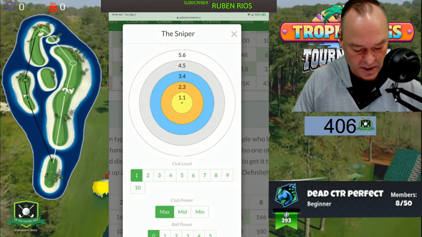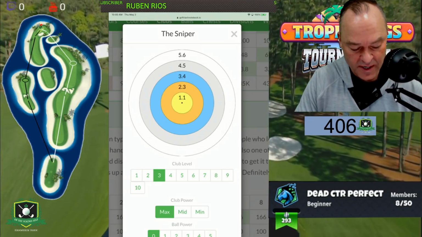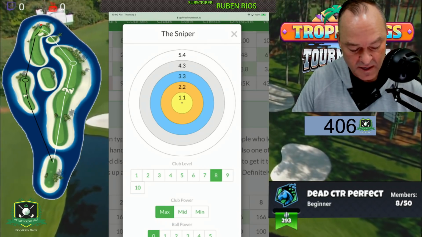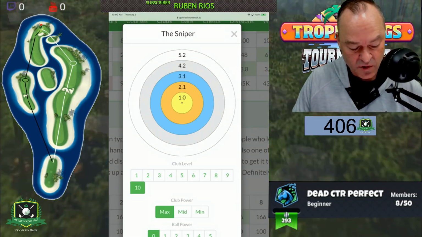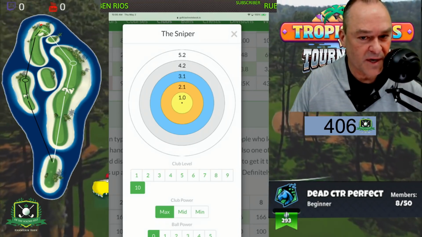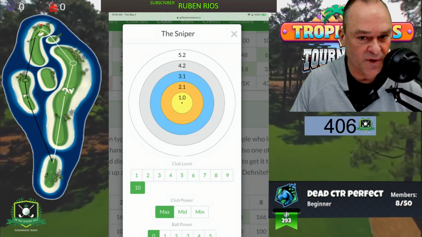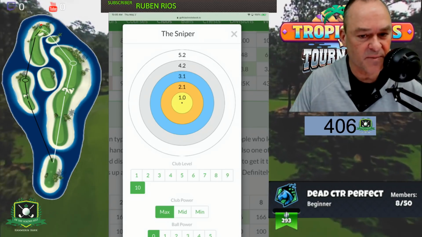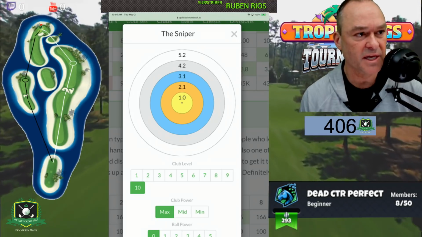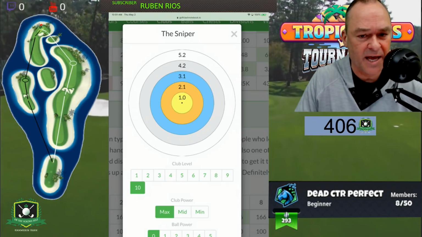But let's take a look as we get up. Pretty much stays the same at level 2, level 3, level 4, level 5, level 6, level 7, level 8, and level 9, and then level 10. You can see it changes just very slightly from 1.1 down to 1, 2.1, 3.1, 4.2, and then 5.2 instead of the 5.6. So you can see that this club is so accurate. As soon as you can get this club, you want to start leveling this club up in card value as quickly as you can,